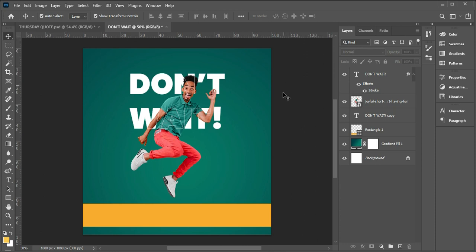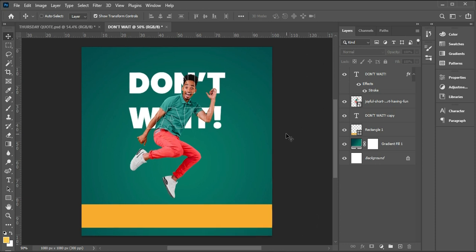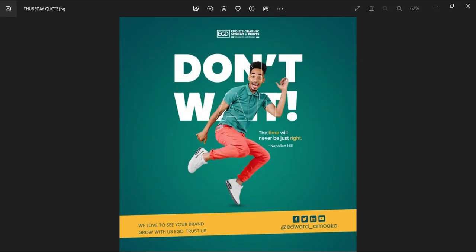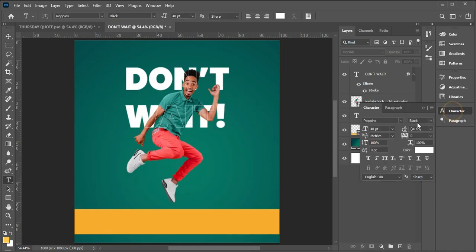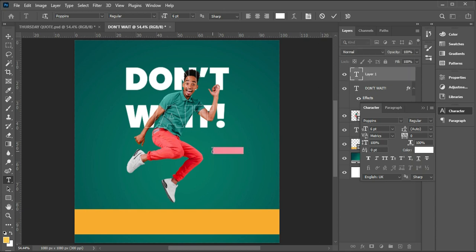Very beautiful. Then the next thing that we will do is bring in this particular text: "The time will never be just." Okay, so for that one too, I'll go and pick the same Poppins, but I'll go for 6. I'll go for regular. Okay, I think it's okay. Then I will start typing there. So I'll bring my quotation mark. So the time will,